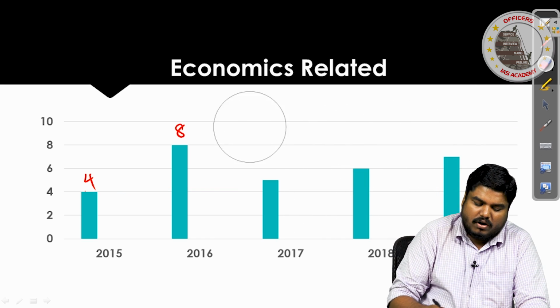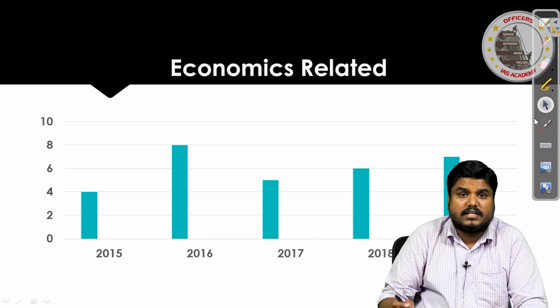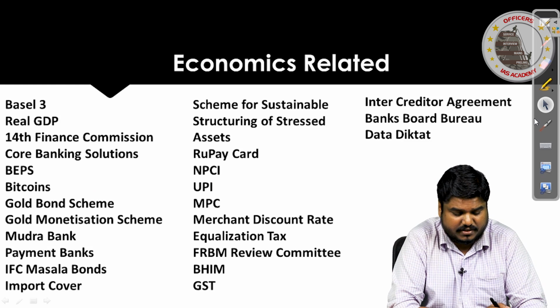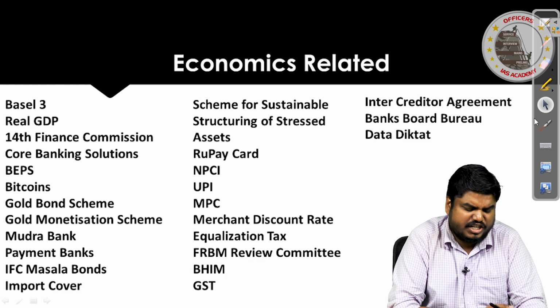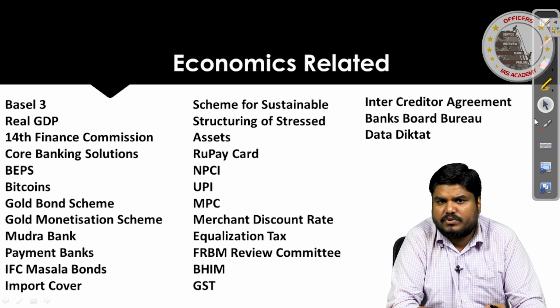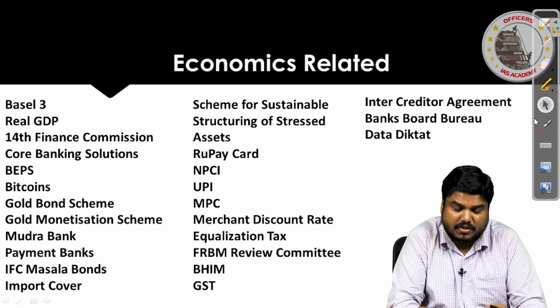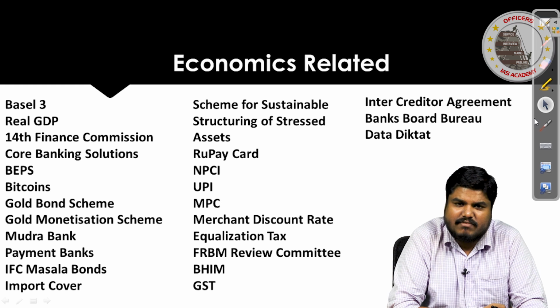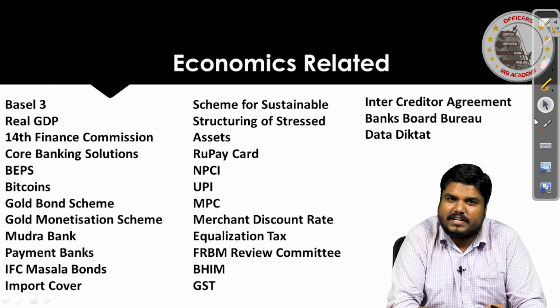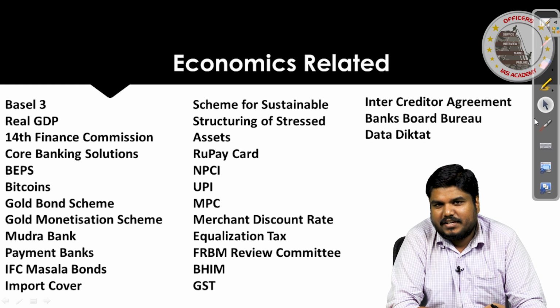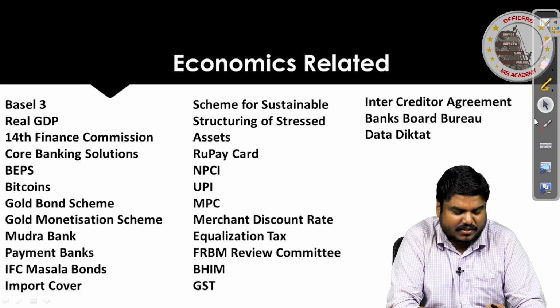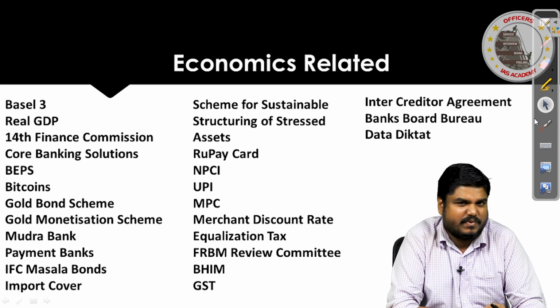So, let us see what are all the topics which they have asked under this economics topic in the last 5 years. So, Basel III, real GDP, 14th Finance Commission, core banking solution, BEPS, bitcoins, right, GBS, GMS, MPC, UPA, NPCA, RuPay card, data diktat. Someone who is reading The Hindu regularly can very comfortably answer all these 4 to 6 questions which will be asked